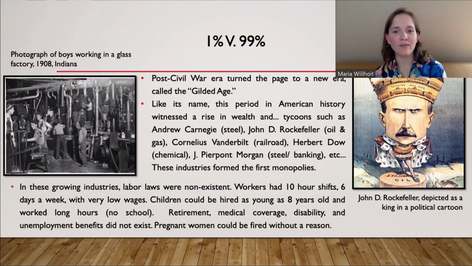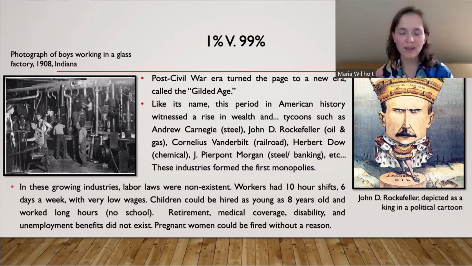And we have these tycoons, these men, I hate to say it's mostly men, who become ridiculously and grotesquely rich. They have enormous wealth. It's kind of disgusting, actually. And their wealth comes because they profit on industry. They take advantage of industry and America's growth. And they start to control large sectors of industry. They start to have monopolies. This is a big problem.